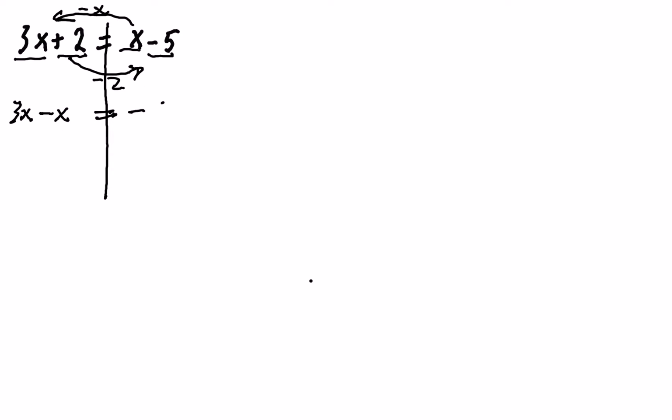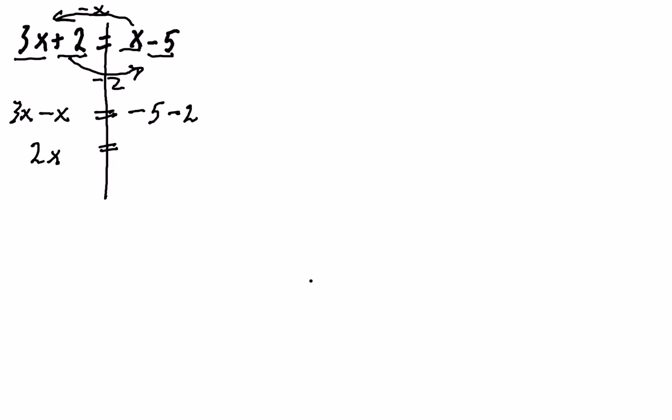I always like to start with the things that did not move. Negative 5 is there, and then remember what happens. This positive 2 will go over to the right hand side, and you flip the sign and it will become a negative 2. Now we have separated it. That's simple. So all we do now is combine our like terms. 3x minus x is the same as 3x minus 1x. That will be 2x